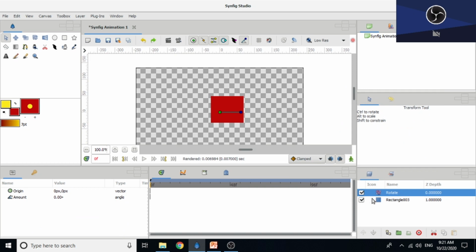You can see a rotate layer is added here. The rectangle layer is beneath the rotate layer. You can see the angle duck is given here. Using this angle duck you can rotate the rectangle.